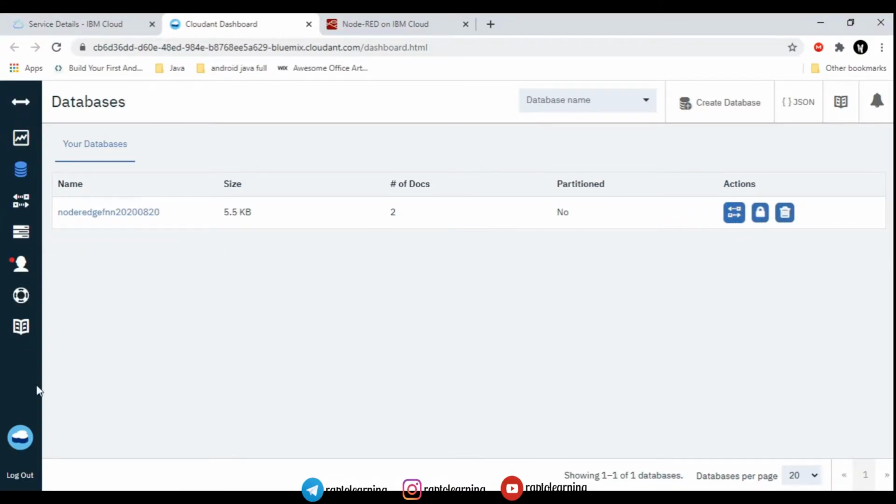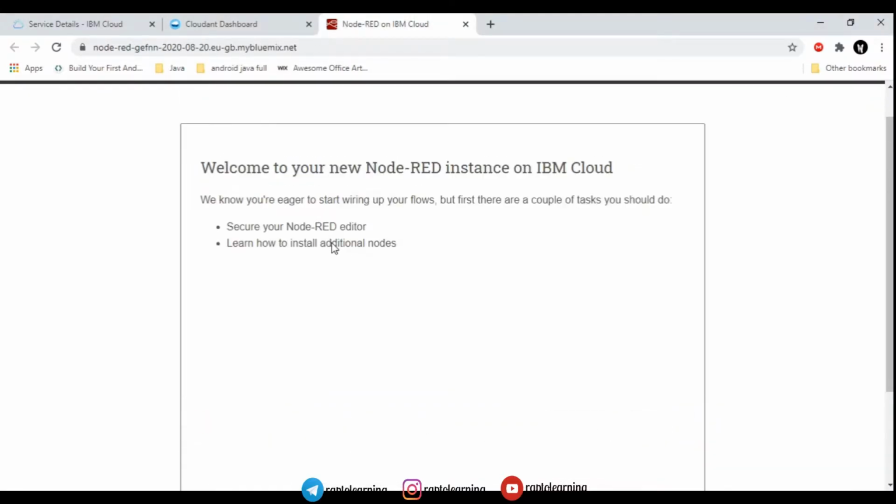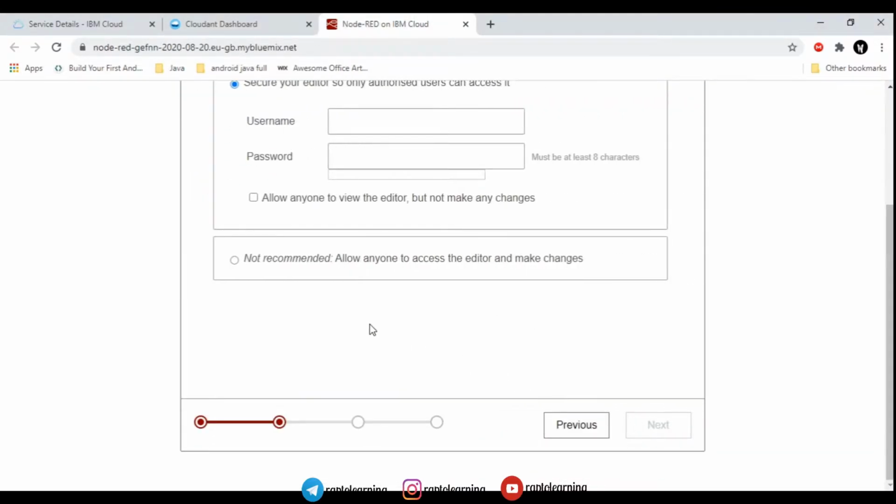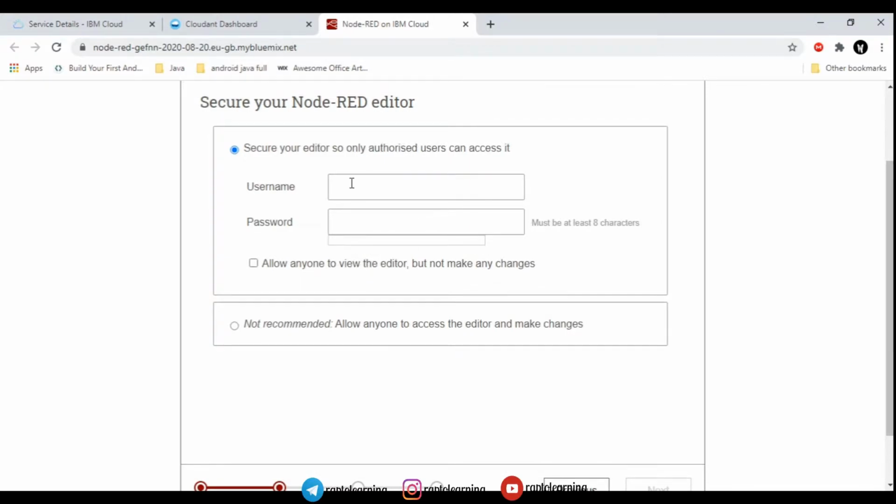So this is how the Cloudant dashboard looks like, and you can see the size is 5.5 KB, as we have not done any operations on this. So in this video we are not going to use Cloudant, and you just have to make sure that it is running in the background as I have shown. And then this is not much helpful in this video, so just go to Node-RED setup and just click next,